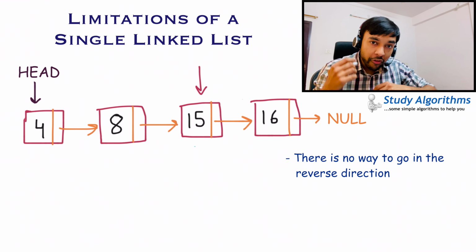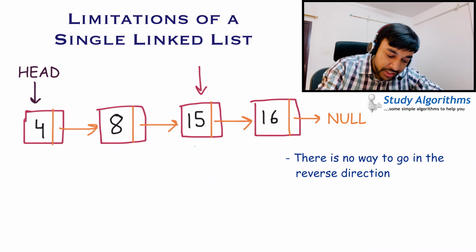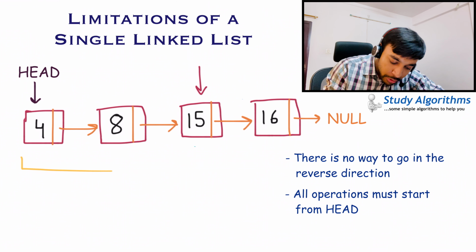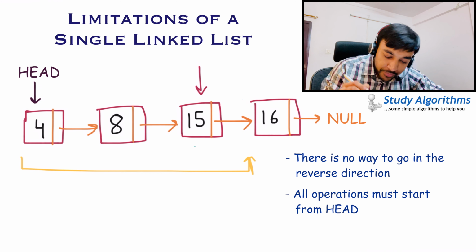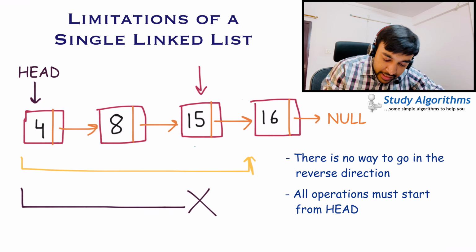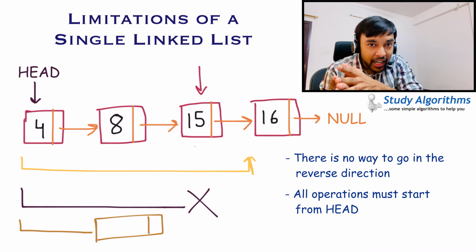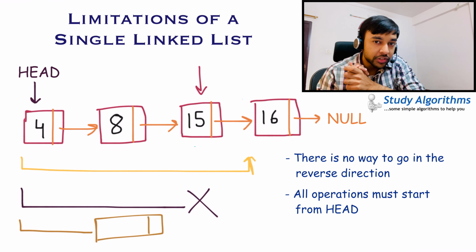Also, to perform any operation on a single linked list, you always start from the first node, right? Suppose you have to go to the second last node. You will start from the first node and go all the way to the end, right? If you want to delete a node in the middle, you will again start from the head node, go to the desired node, and then delete the element. To insert a node, you again start from the beginning, go to the position, and then you insert a new node. This is why the head node is really important and you cannot afford to lose it.